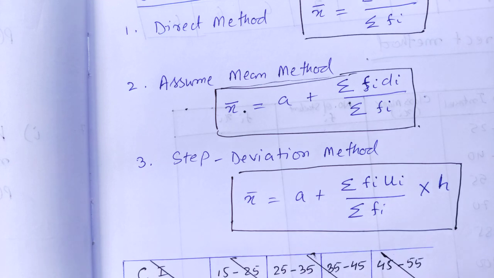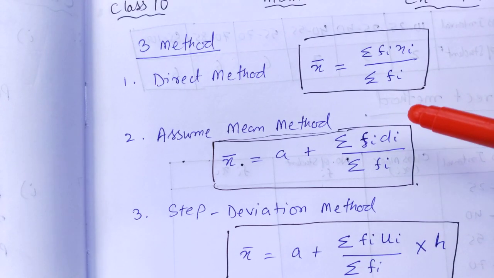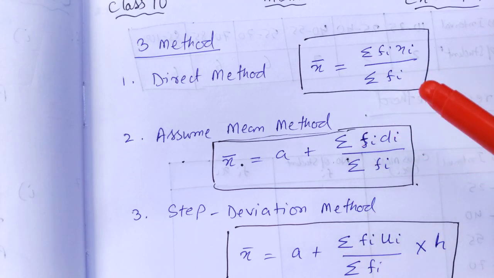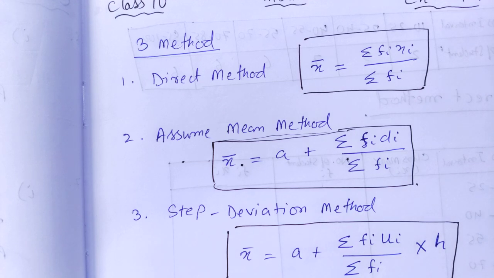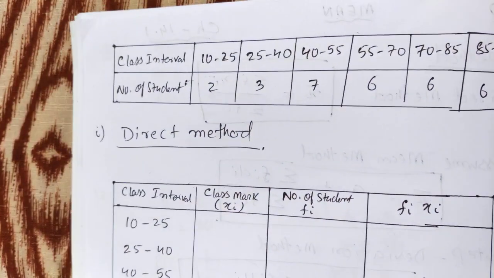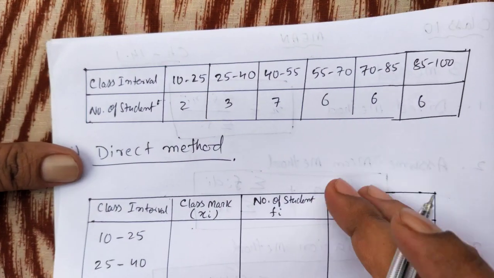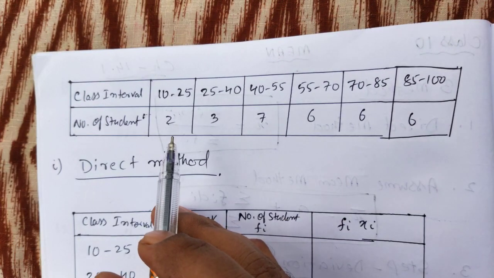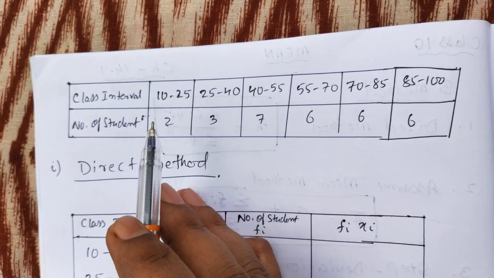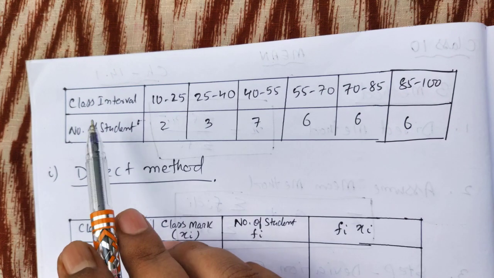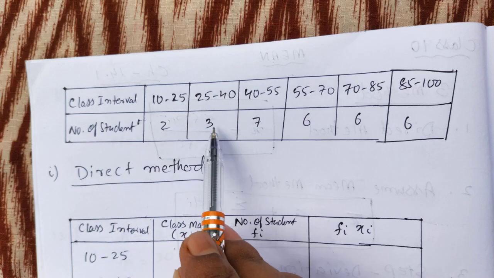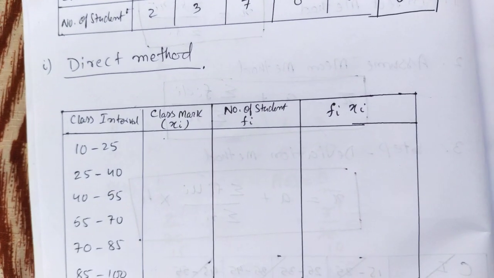So I'll take one question and find the mean by all three methods, and you'll find that the answer is the same in all situations, only the methods are different. So let's do this question. We're going to find the mean of this table. They have given the classes 10 to 25, 25 to 40, 40 to 55, and the frequency is given. So what we have to do is,